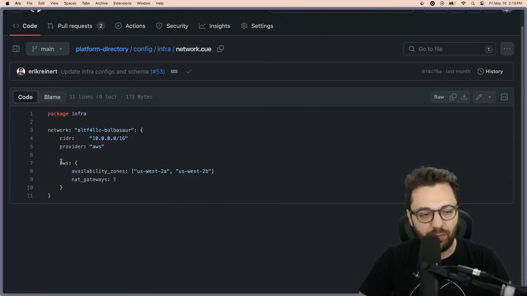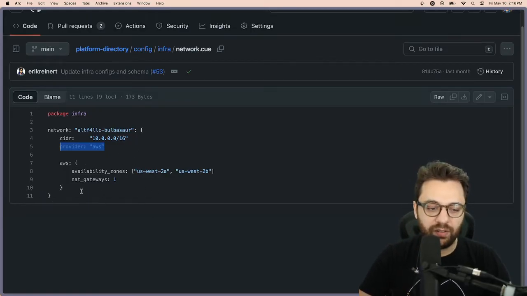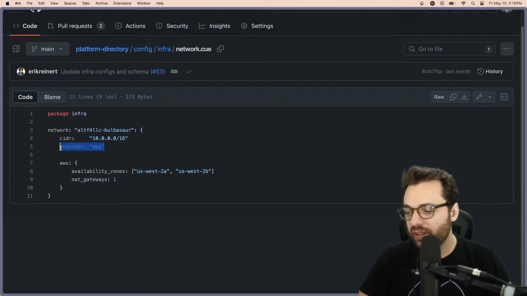Network's a pretty easy one. Like I want to create a network on Amazon, right? So here's what I do. I say network, I give it a name, I tell it the CIDR, I tell it the provider. Now what's cool about this as well is that this out of the box means that in the future, developers